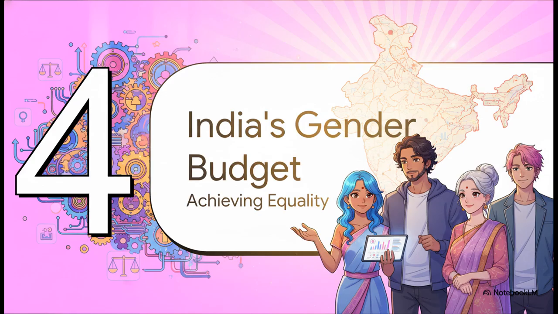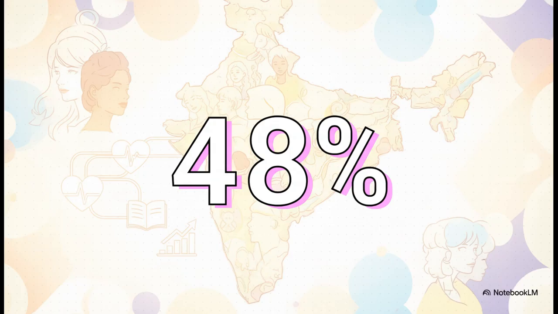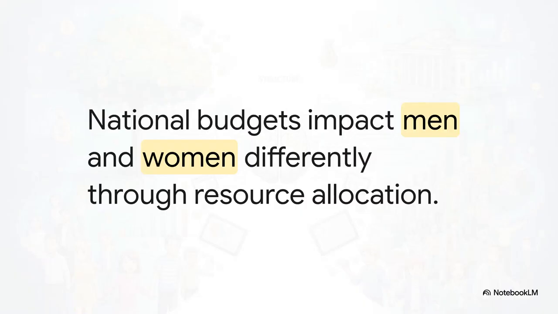Now for Section 4, India's gender budget and achieving equality. I want to slow down the pace just a little bit here because this next innovation fundamentally shifts national priorities toward achieving real equality. Consider this. Women make up 48% of India's population. That's almost half the country. Yet, historically speaking, women have lagged significantly behind men on a lot of really critical social indicators, like health, education, and economic opportunities. So, the crucial takeaway here is that a generic, neutral budget doesn't actually fix deeply rooted inequality.